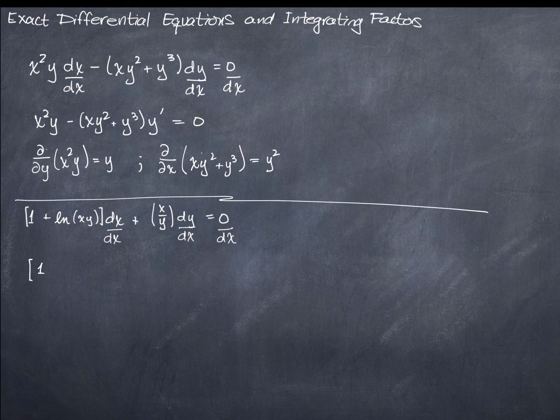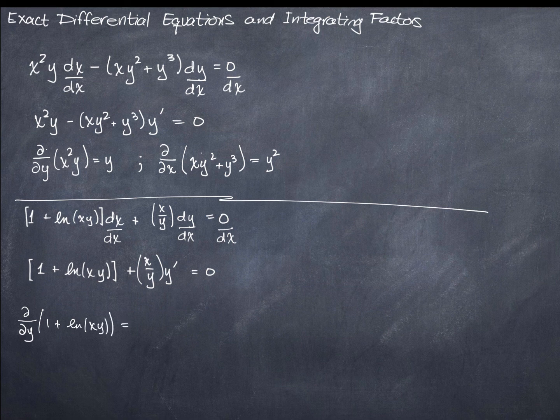So what I'm going to have here to work with is 1 plus the natural log of x y, that's times 1, plus x over y, y prime equals 0. And I'm going to think of this, well, I guess I'll get to that in a minute. So to test this, I want to take the derivative of this function with respect to y, and this one, partial derivatives, not implicit, with respect to x. So the partial derivative with respect to y of 1 plus the natural log of xy